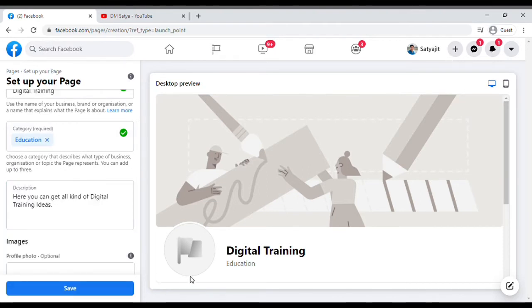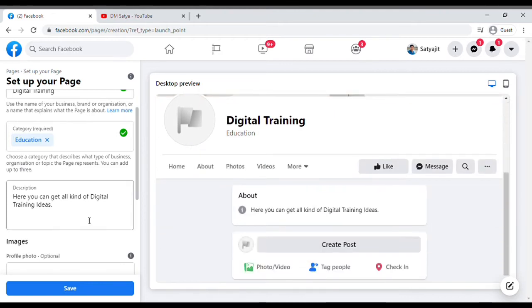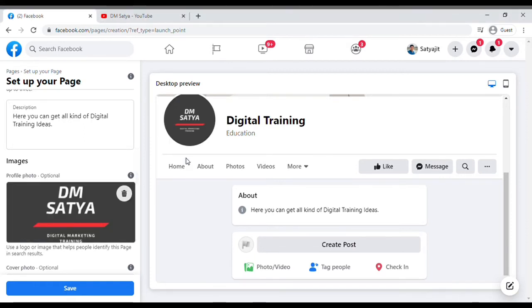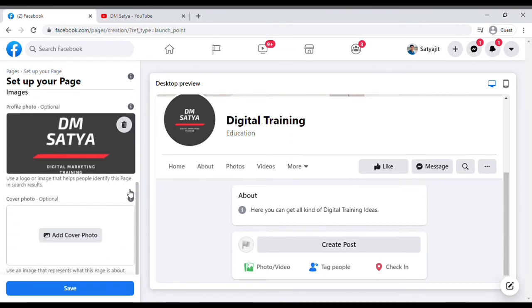Yes, so now the page is created, and we need to add other information it is asking, like the image for the profile as well as the cover pic. Let's add it here. It says image, add a photo. Click on add a photo. Yeah, I have selected some photos. For demo I'm adding my old profile pics, which is DM Satya,